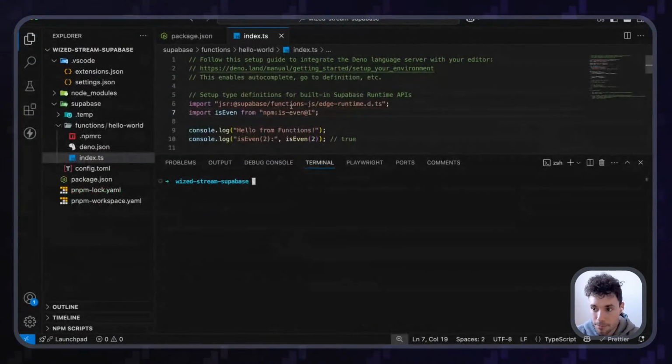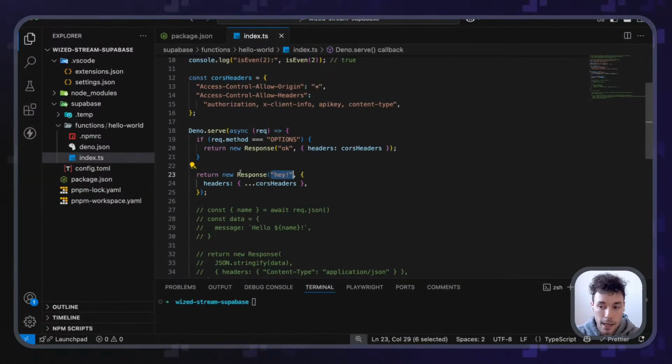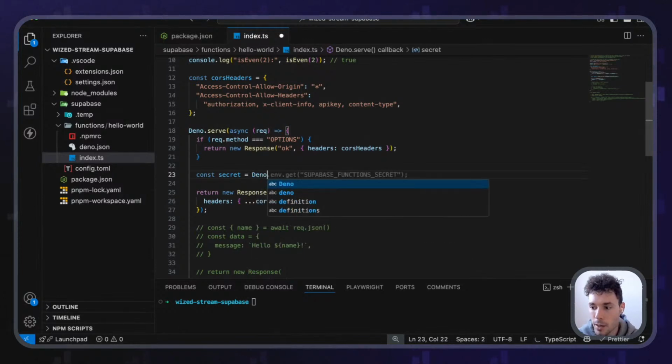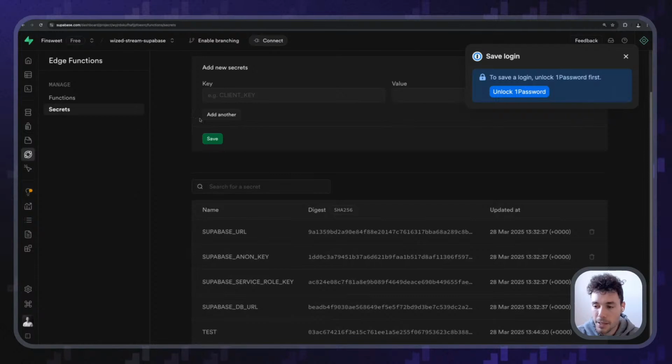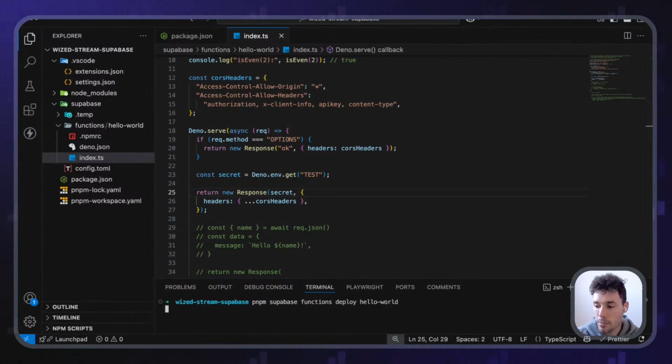So let's go back here, and instead of returning from here this hey, let's imagine that we are very insecure and we want to use these secrets. So let's call this secret in this case, and this will be Deno.env.get then test, like that. Uppercase, it's case sensitive. So in this case, it's test uppercase. If we do this and we respond with the secret, now if we deploy this